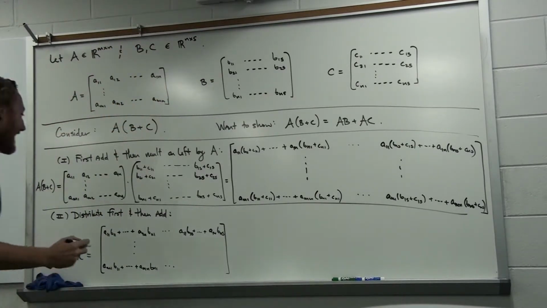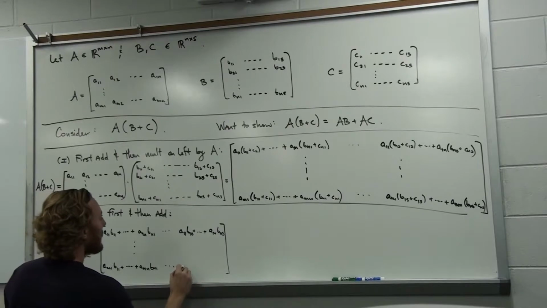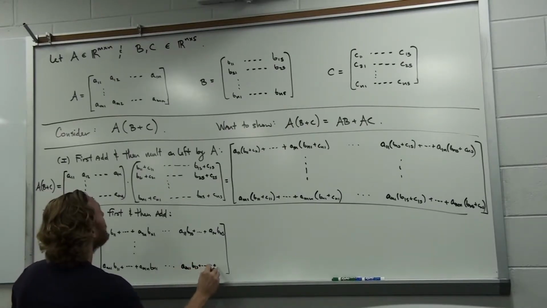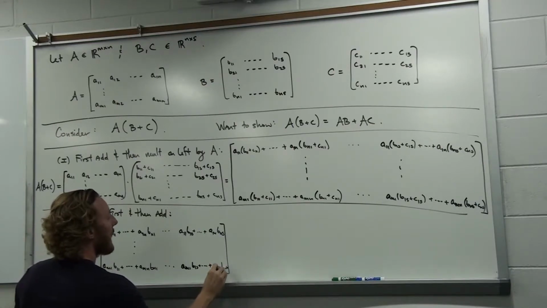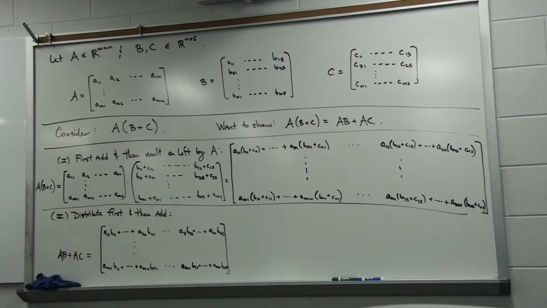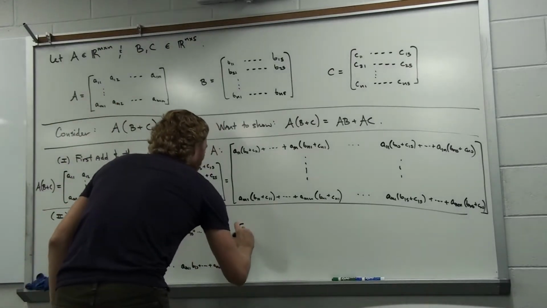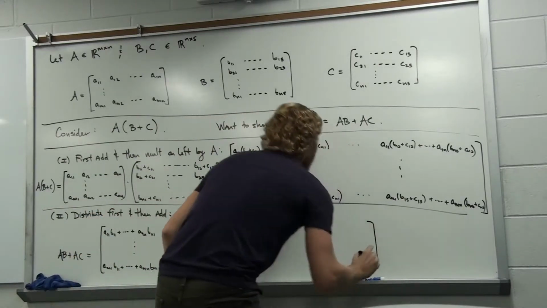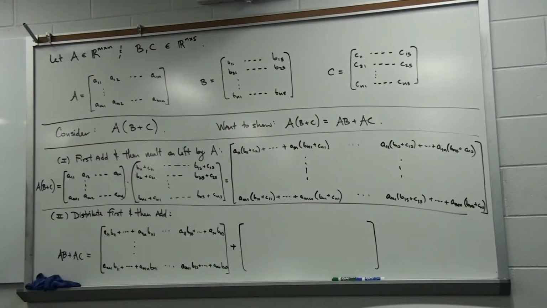would multiply by the last column, and that would give you what? That would give you AM1, B1S, all the way out to AMN, BNS. Okay, sweet. So we've multiplied A times B. Now we want to add in A times C, and we can compute A times C simply by going through